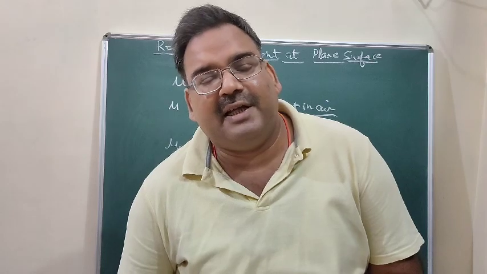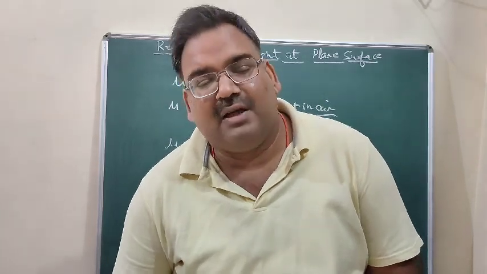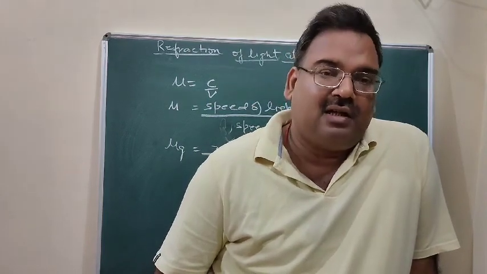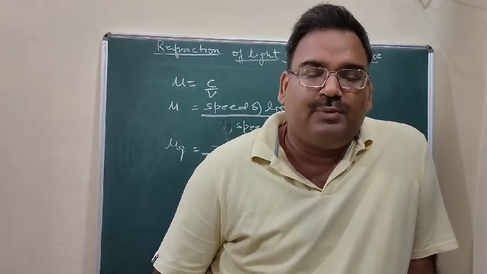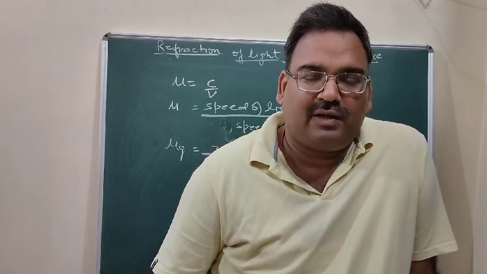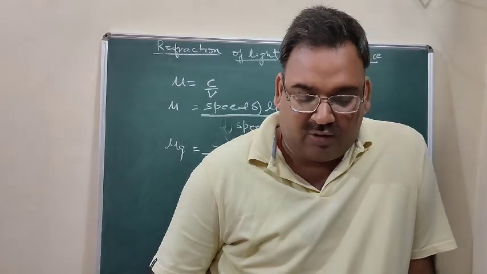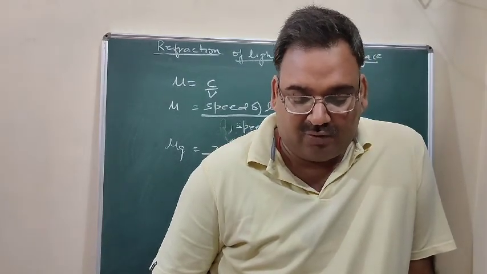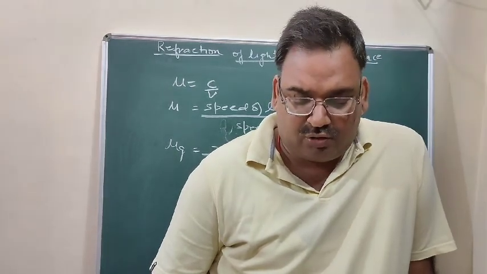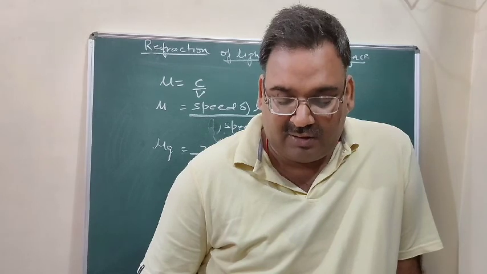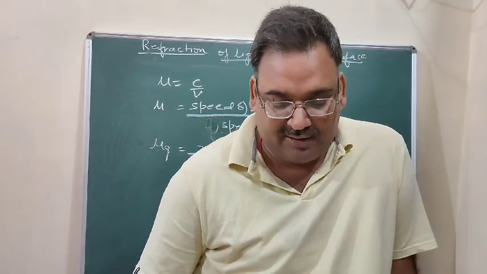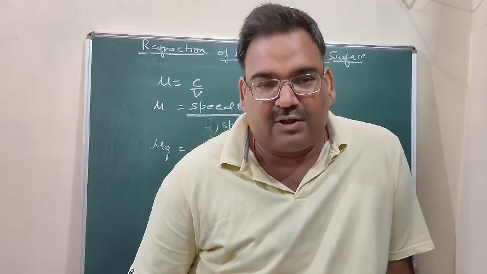When we write A mu g, what does it mean? The speed of light in air upon speed of light in glass. When we write 1 mu 2, it means speed of light in medium 1 upon speed of light in medium 2. Or 1 mu 2 is also the absolute refractive index of the second medium over the absolute refractive index of the first medium. Okay. Next we will continue in the next